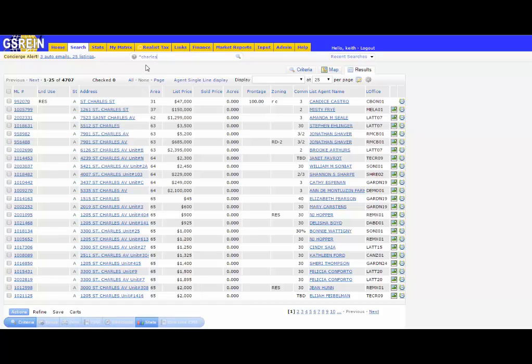I just don't know what it begins with. Now, you can also do it this way. And this would be the most inclusive way, if you put the asterisk at the front and the end of the name. And that way it'll say, I don't know what it starts with, I don't know what it ends with. Somewhere in there is the word Charles. And then if I hit enter,